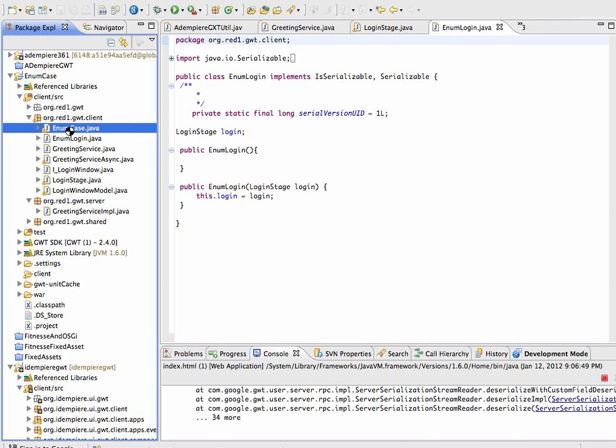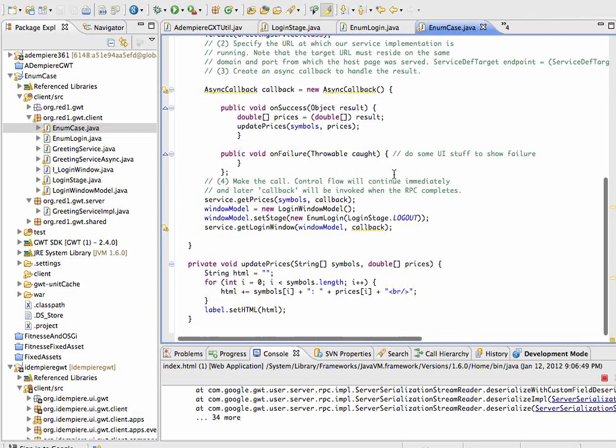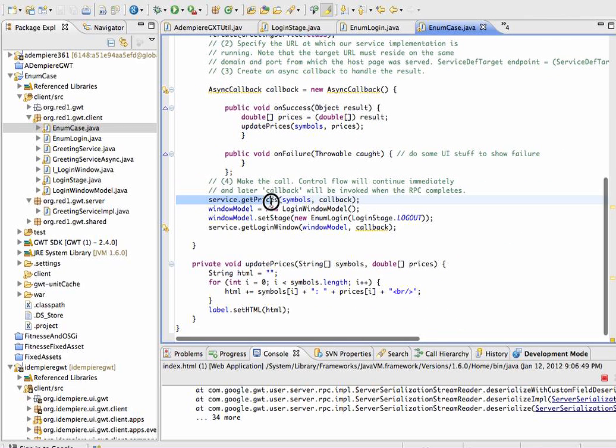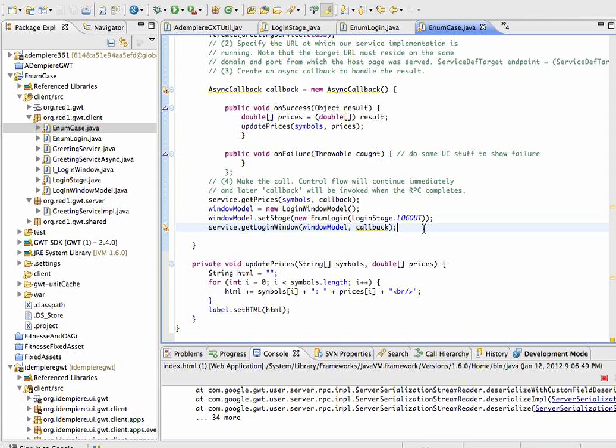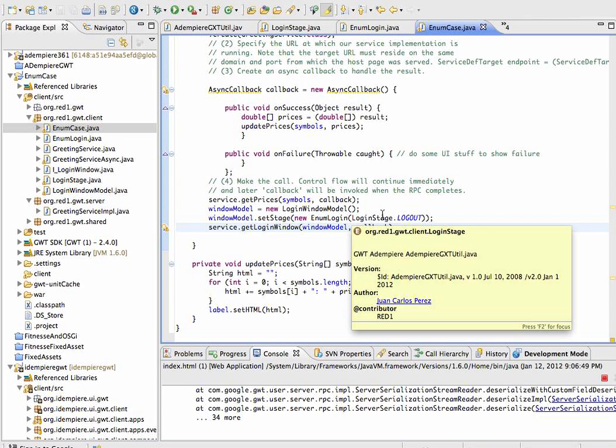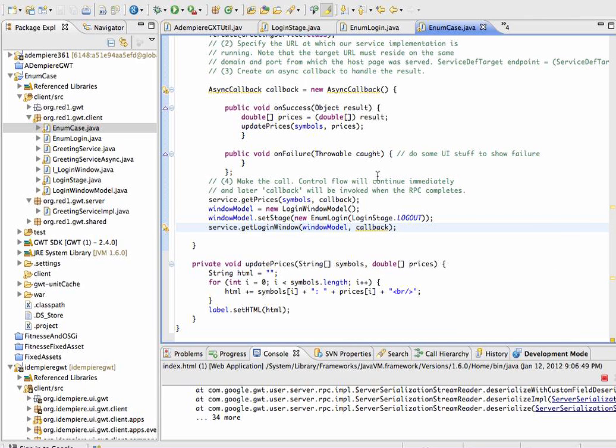From this calling class, I will do this call here. As you can see, this is taken from the GWT project of idempure now. So I isolate this here, and I did all the necessary changes. As you can see, I now cast it to a new enum. This is the class that wraps up the enum constants in login stage. This is one of the constants, and the other classes that need to be changed, for example, you will see